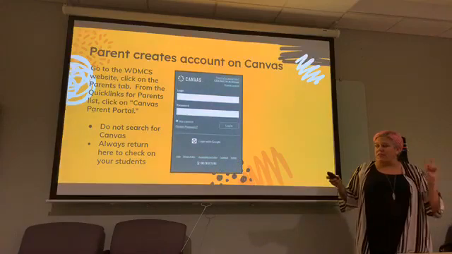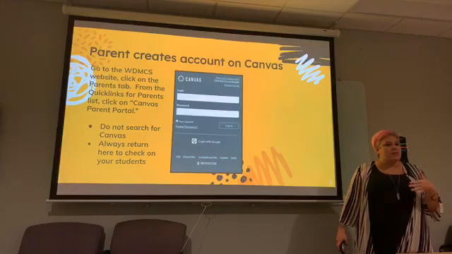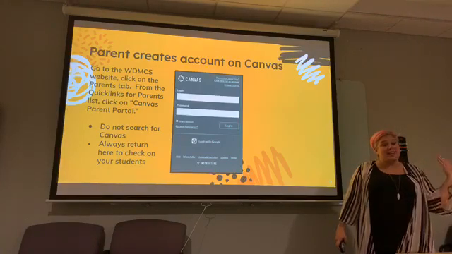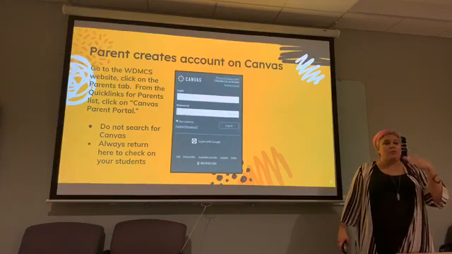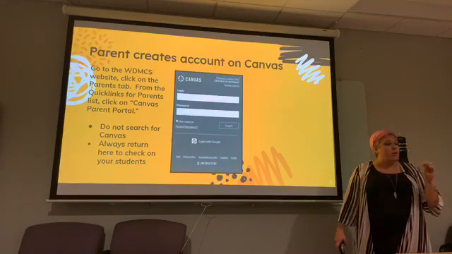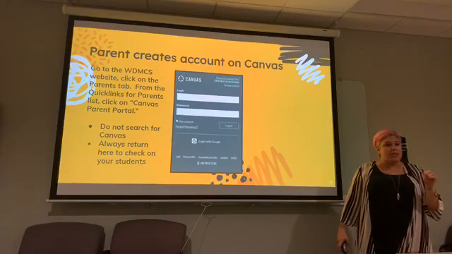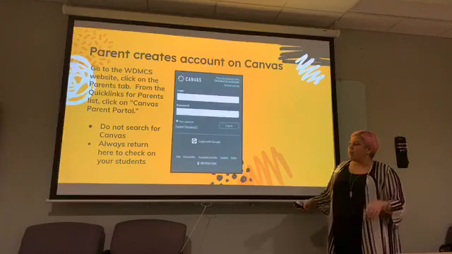Two things to be sure of. Do not just search for Canvas. If you just search for Canvas, you'll come up with a lot of images of art canvases, or you'll come up with public Canvas. And so there's Canvas, when you buy their program, they offer you multiple websites. So our website is locked down to us. Only anybody approved to get into the West Des Moines system can get into the West Des Moines system. So all of your students' information is completely locked down and private. There's no way for anybody to get to it publicly.